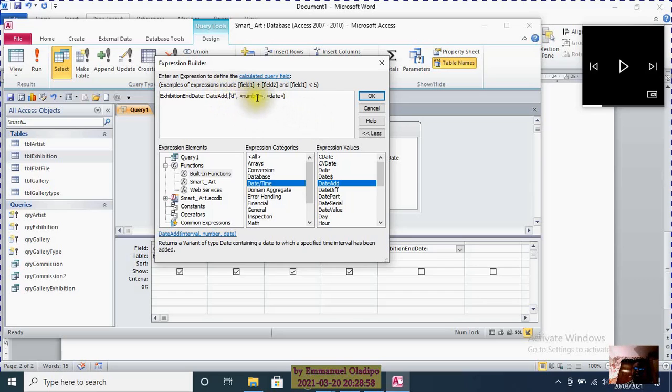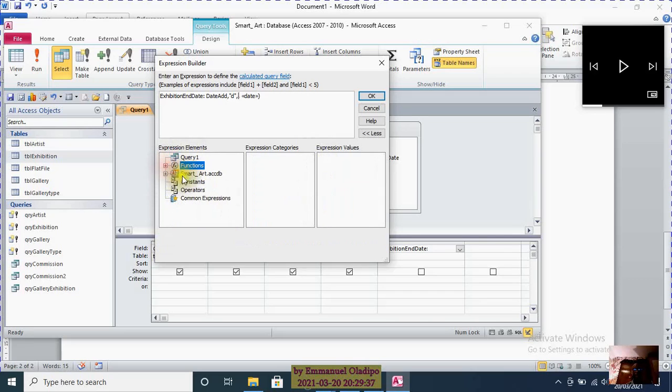So we're going to be adding days, and which column is that found? The column may be found on the number of days. So we will delete this, and in between the comma there, we will go back to our expression element and go to the smart art table. Let's close this and go to the table, the smart art table. Open that up